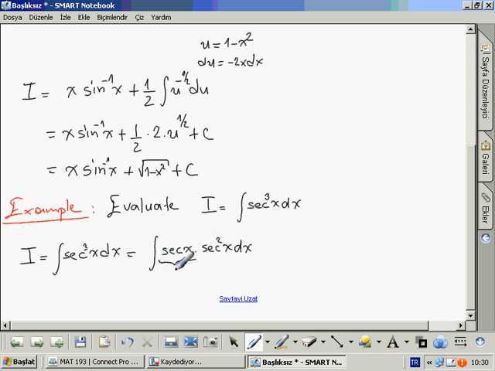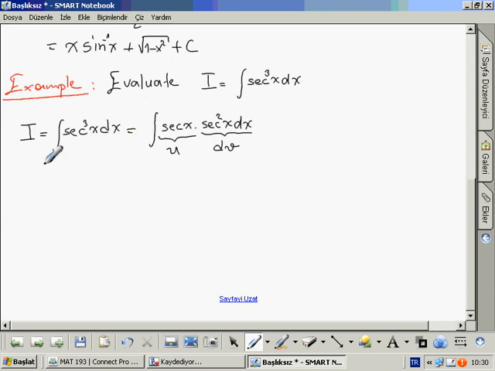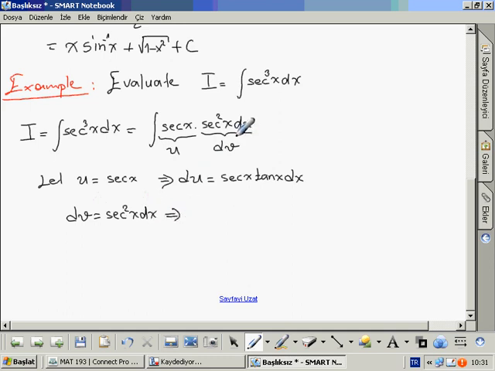Okay, firstly we'll choose secant x as u, and this part will be dv, and let u equal secant x, so du will be secant x tan x dx, and dv equals secant squared x dx, okay, so